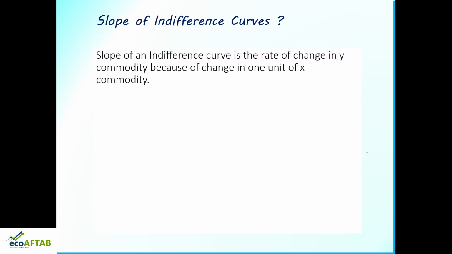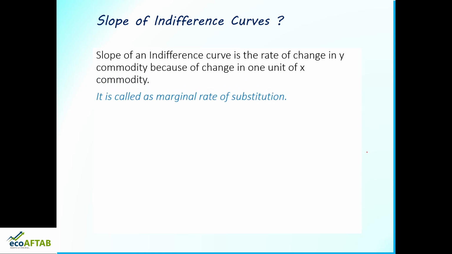Now after understanding about indifference curve and utility function क्या relation है, आगे चल के देखें slope of indifference curve. In my microeconomic series we understood the slope of indifference curve. Slope of indifference curve का मतलब क्या है? It tells us the rate of change in Y commodity because of change in 1 unit of X commodity. अगर X commodity 1 यूनिट चेंज हो रहा है तो उसकी वजह से Y यूनिट्स हम कितना चेंज कर रहे हैं. This we will see now.